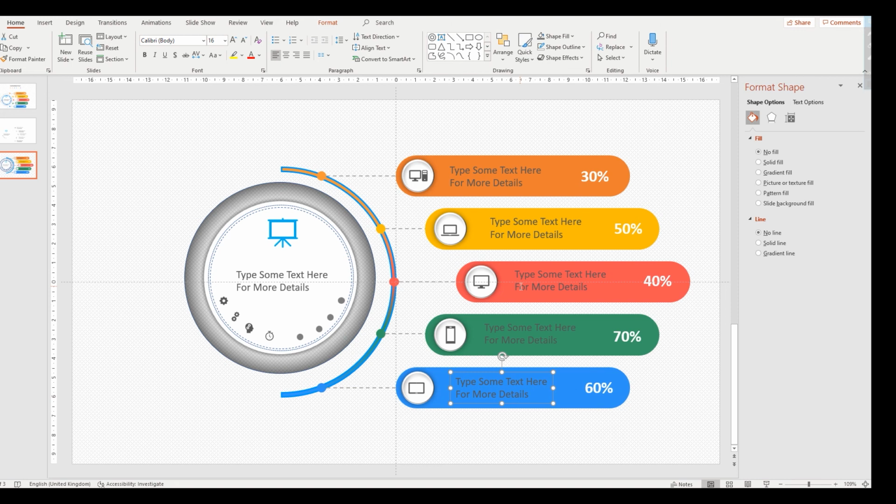See friends, adjustment is done. See friends, everything is done.